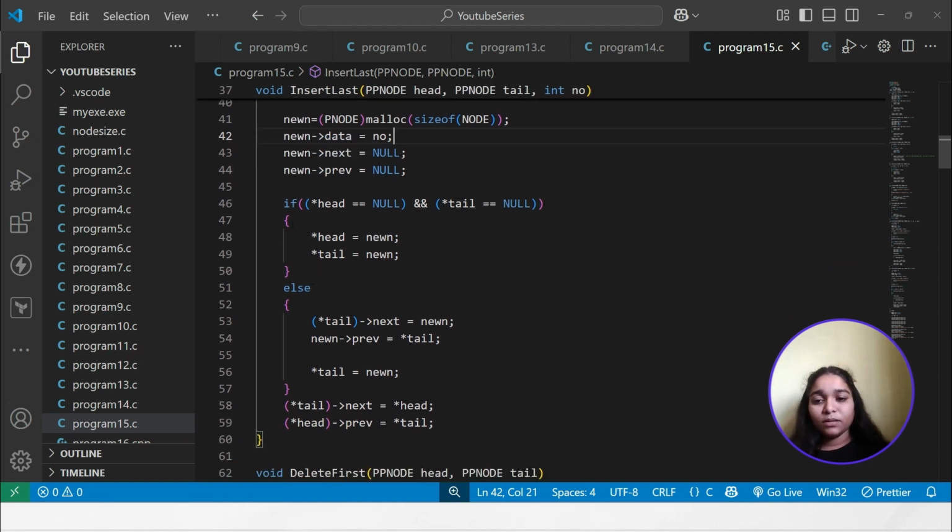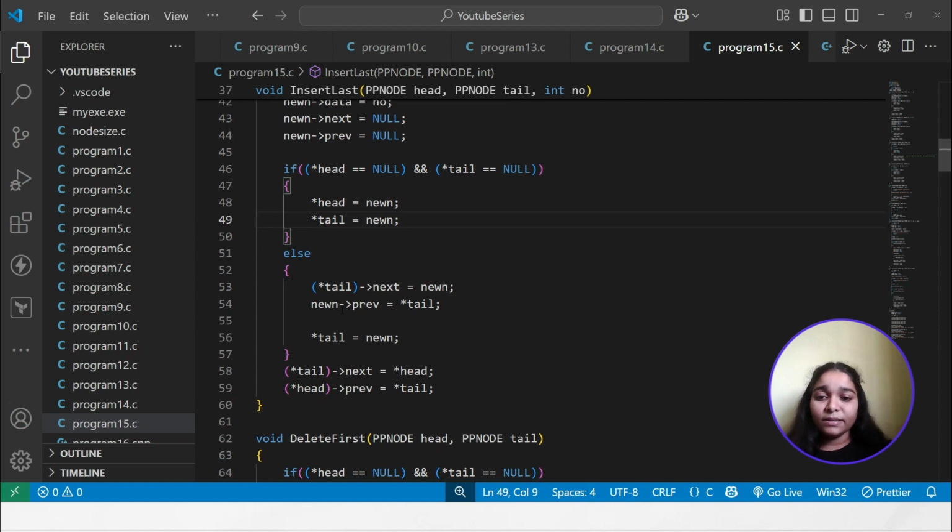Then again we are checking if the list is empty or not. If the list is empty, how to check? By this condition. I just told it, right? And if it is empty, make star head and star tail both point to the new node. And if the list is not empty, then